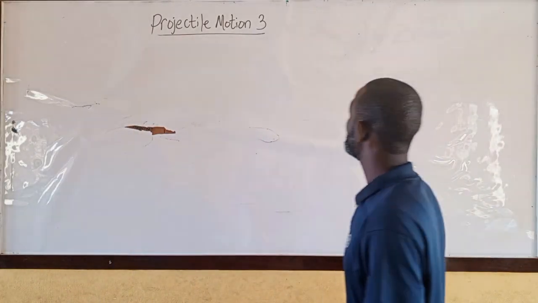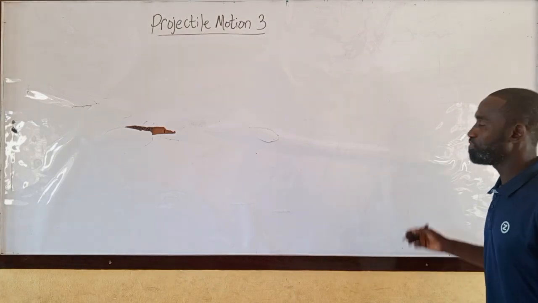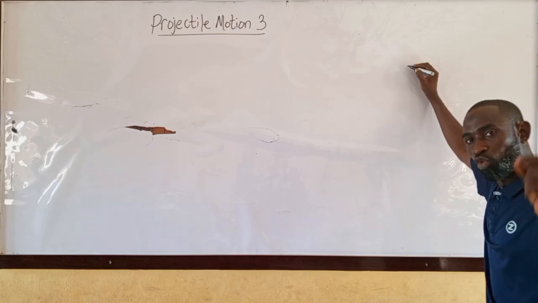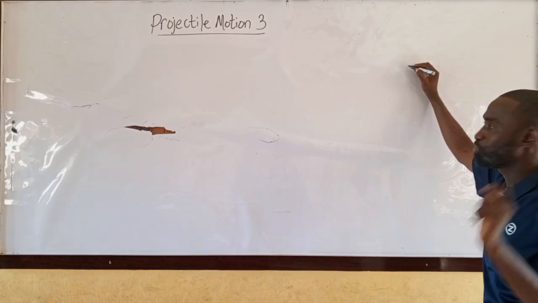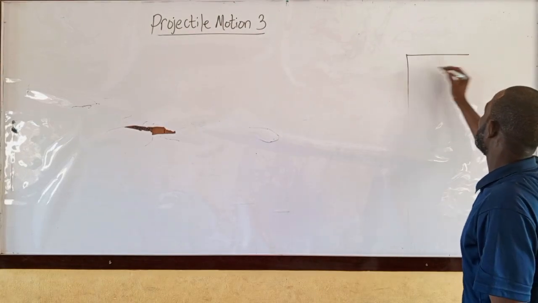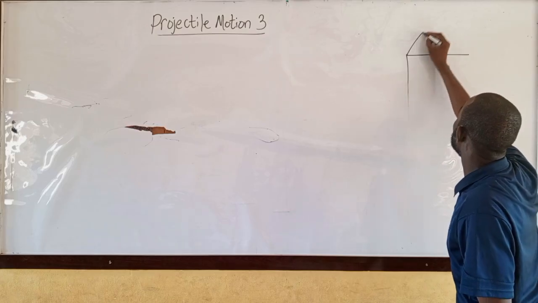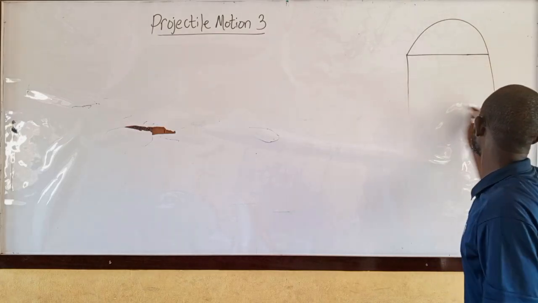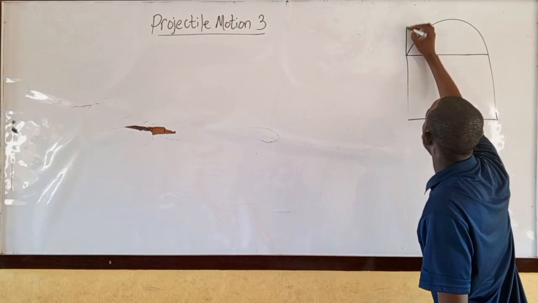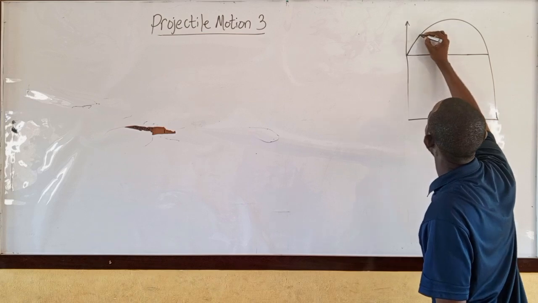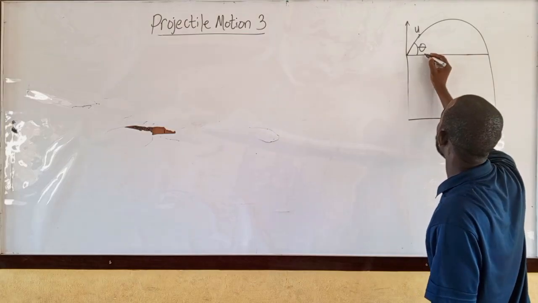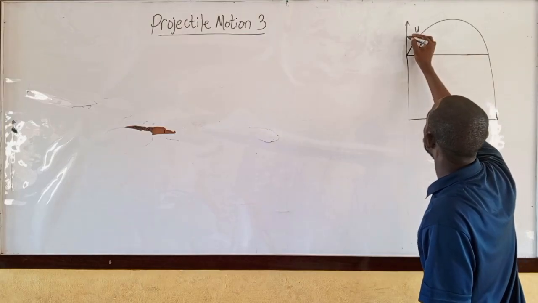Case 2 is a case where we have the body being projected from the top of the tower at an angle. So we have the structure like this. Let us pay maximum attention here. This is the tower. The body is now projected like this, at an angle of theta. So we have our U here, angle of theta is here. This is our U of X, obviously. This is our